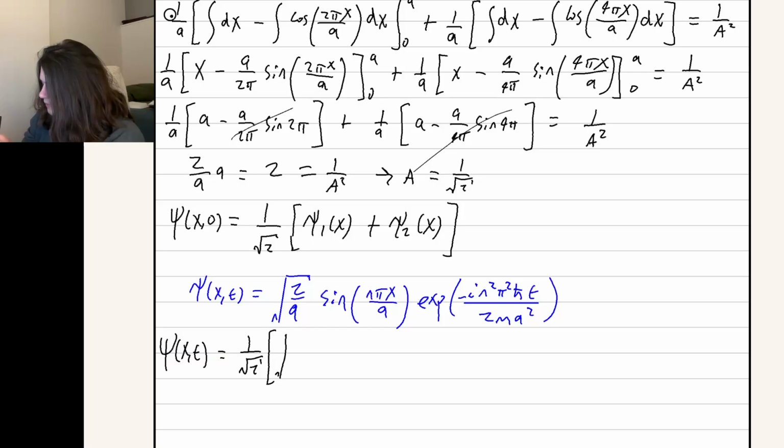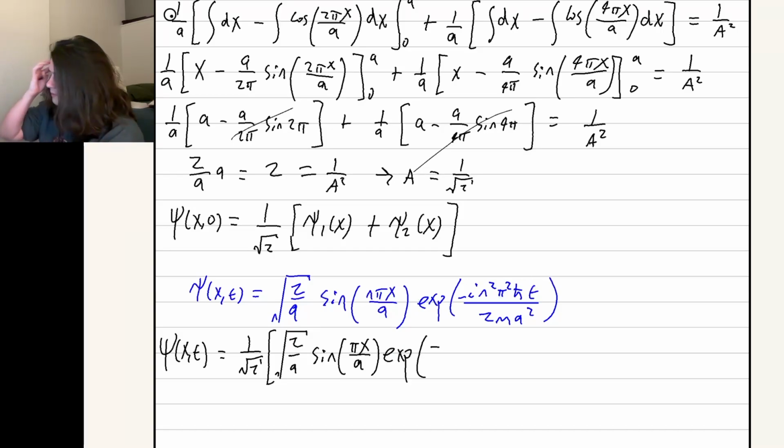We got root 2 over a sine pi x over a exp. We got minus 1 squared is 1, so it's just i pi squared h bar t over 2ma squared,